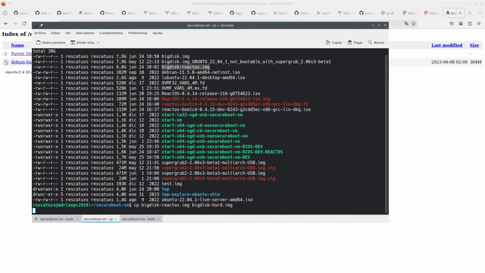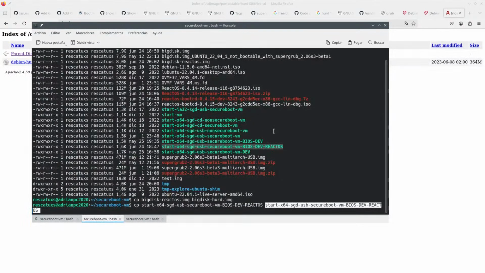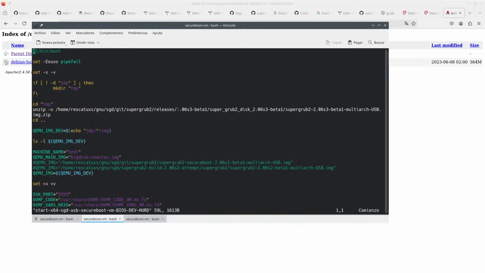I need to delete all of these images later on because they take too much space. And so we have this ReactOS thing, which is going to be Hurd now. So we can edit this. Let's see. So this is Hurd.